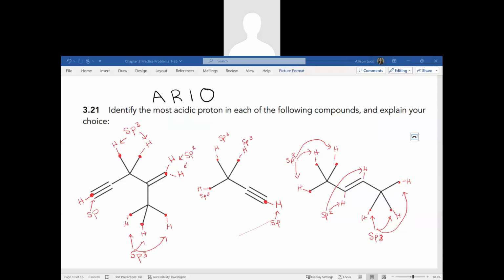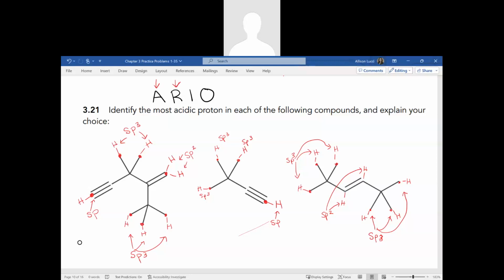We've seen in previous problems from chapter 3 ways to compare compounds to determine the most acidic compound, and even how to determine which proton is the most acidic in a compound. And we looked at which atom a proton was connected to. So was it more electronegative if they were in the same row, or if they were in the same group? We looked at size of atom. Then we looked at if there are resonance structures possible to stabilize conjugate bases that would determine which proton was